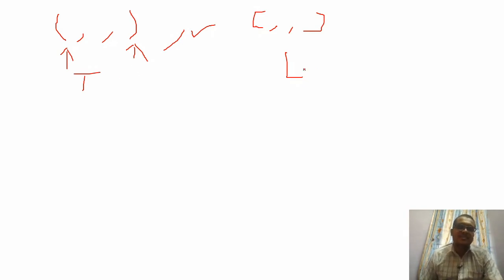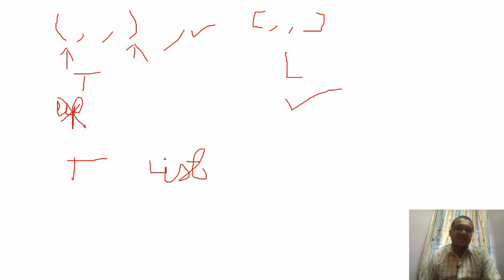Another big difference between a tuple and a list is that there is no updation in a tuple. You cannot update any value. In a list we can update it. In other words, you can say that a tuple is a read-only list. So here updation is not available, it is read only. So the tuple is a read-only list data type. It is the same as a list, but it is read only. That is called a tuple.